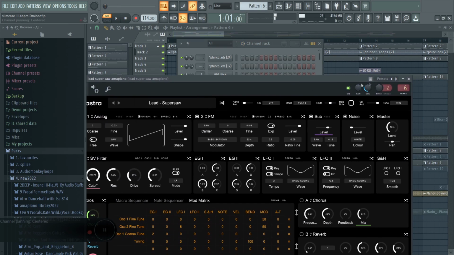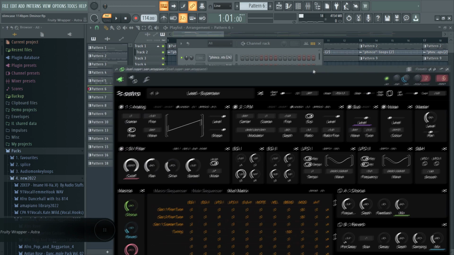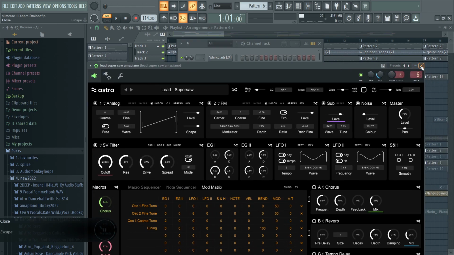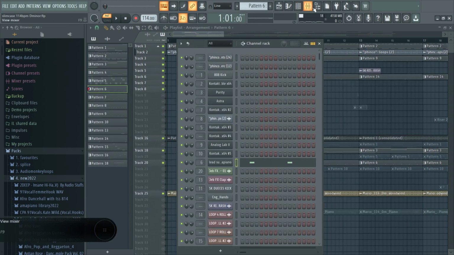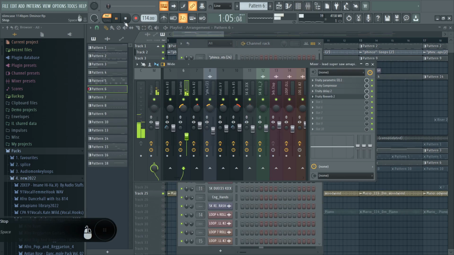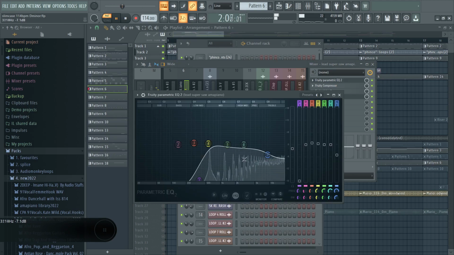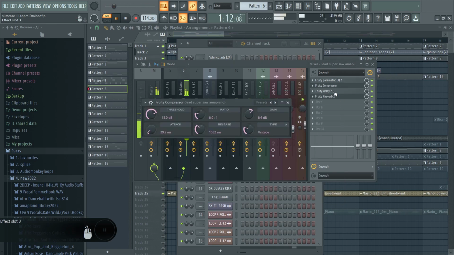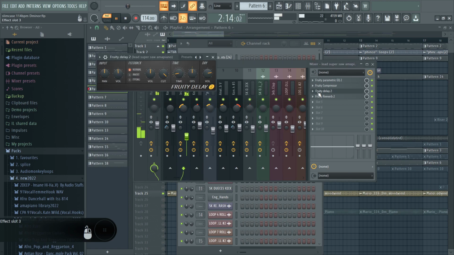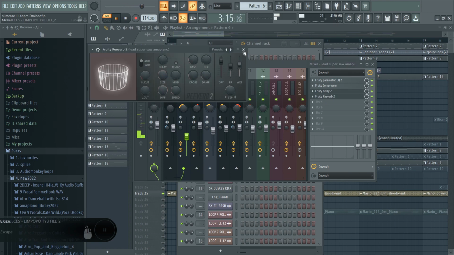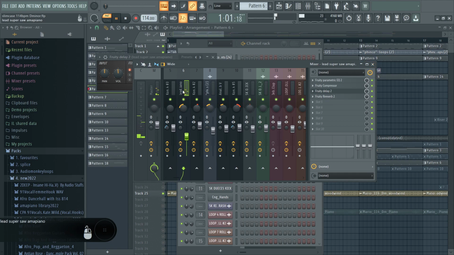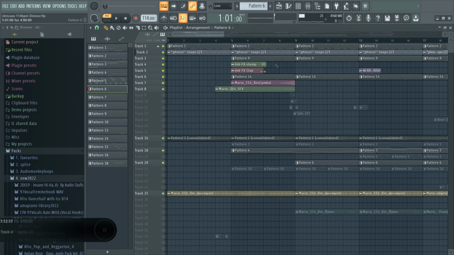So this is a string instrument from Astra, and this is a sound that is so common in Amapiano, it's basically in almost every Amapiano beat. So what I usually do is, you see, I chopped out every single low frequency and even some of the low mids. I boosted it, I put some delay, and I put some reverb on it. It's not loud at all actually, but it's there, like you can feel it. And after I did that,